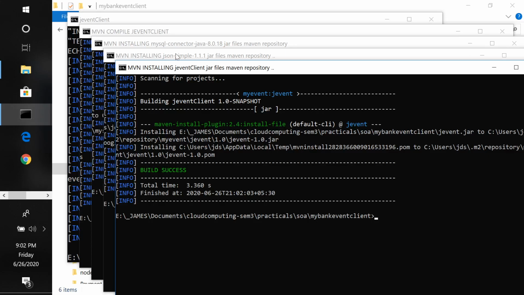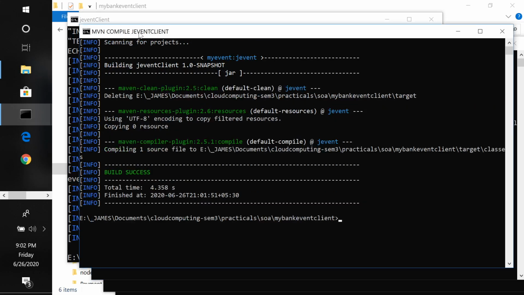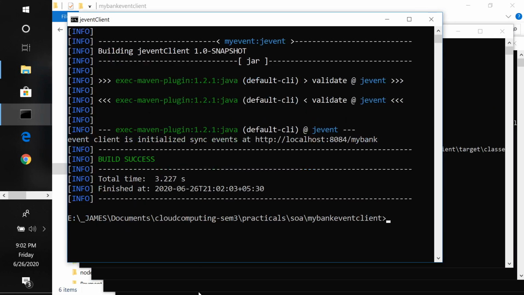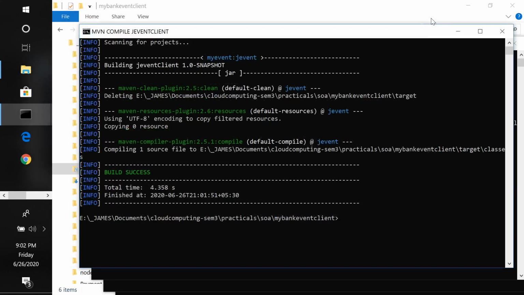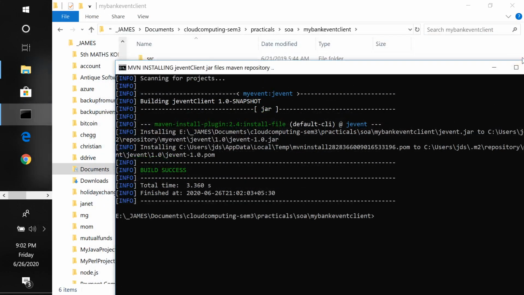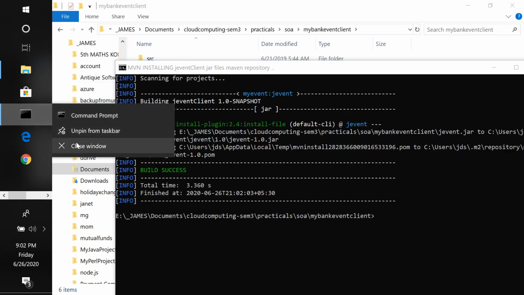If you look at each window, you can see if there was any error, and the title is going to tell you what it is. I've tested this event client and it is calling a function which is returning this string. I need to test my component separately before I use it. Let me close all this.